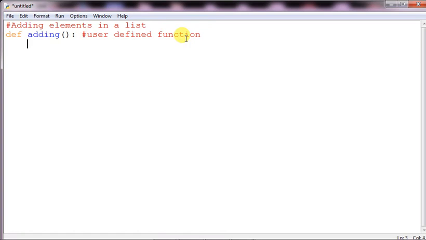We are taking a list out here, which is just an empty list, and we are taking n equals int input, with the prompt: total number of values in list.